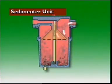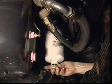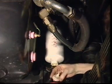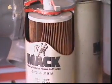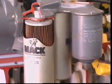Water and dirt are heavier than fuel, so they are trapped away from the funnel edge. They fall under gravity and settle at the base of the sedimenter. The lower housing is usually clear for easy inspection, and it can include a drain plug, so sediment can be drained off daily. The most common type of filter material in diesel vehicles is resin-impregnated paper, pleated to offer a